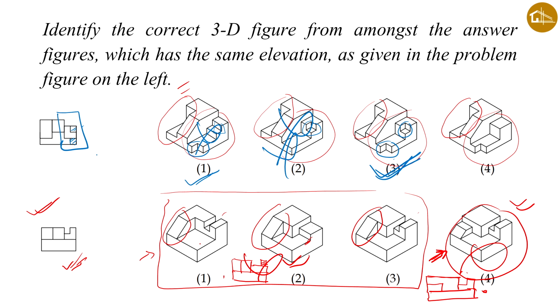If you compare this with the problem figure, you will find that if we make the elevation of this thing, it will be a line and this thing, and over here there will be one more line of this portion, and there will be a simple single cut like this. Now if we compare this with the problem figure, you can see everything is the same, only this line is not there, this line is not there, so this is also a wrong answer. So the remaining third is the correct answer.